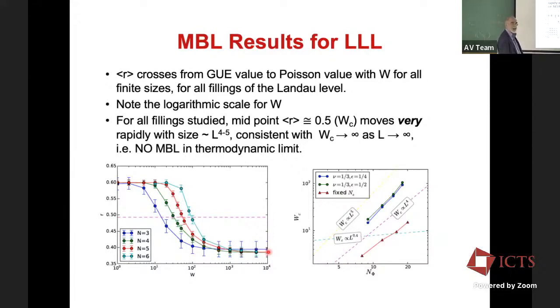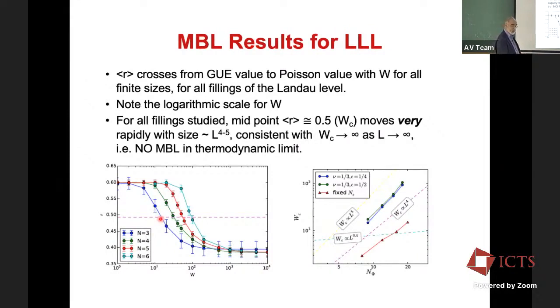It's 1 at the bottom on the left-hand side and 10 to the 4 on the right-hand side. So that's already telling you that something is very crazy about it. It's not on a linear scale at all, okay? The other thing, so we said we don't know whether this is really a transition taking place or not, but let's presume that the halfway point is sort of telling you when it's going over, for any finite size system, from a GUE type state to a Poisson state. Now, I'm not claiming that this is the value at the critical point, but it's just a characteristic of.